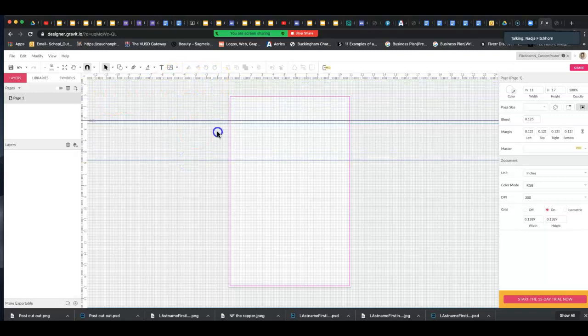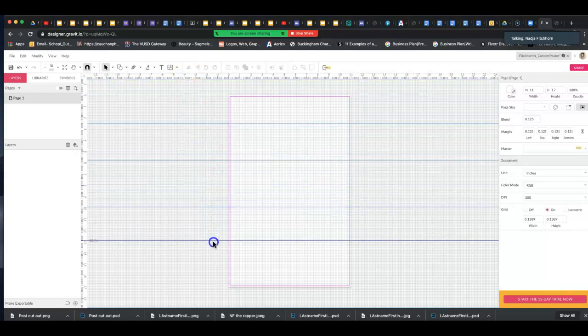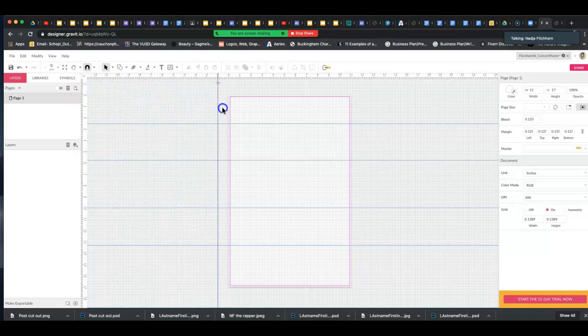So again, I'm left clicking in the ruler, drag, drop, and I'm using the mouse. Likewise, from the left, if you left click into that ruler and drag, let go of the mouse, drop. You now have ways to align things so that if I create text here and down here, you can ask